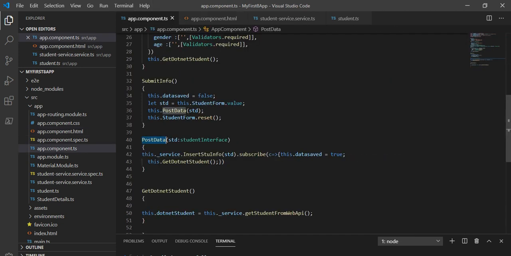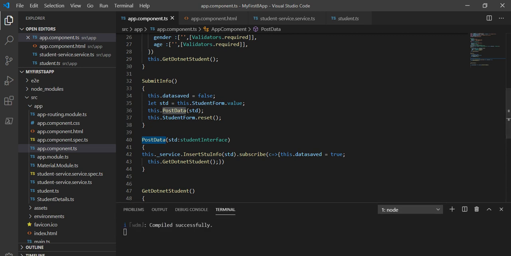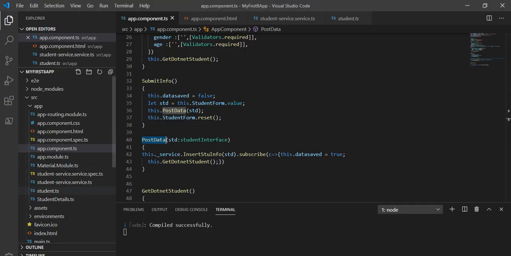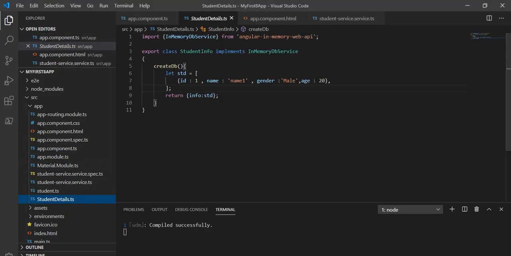When we click on this button, it was showing the data in the browser. Let's first see what we did in the previous tutorial in HTTP post. We were showing an application like this. It contains the name, the gender, male or female, and the age of the student. This is the default data which we have already declared in the student detail. Here we have this one default data.